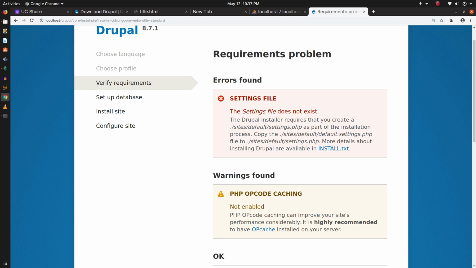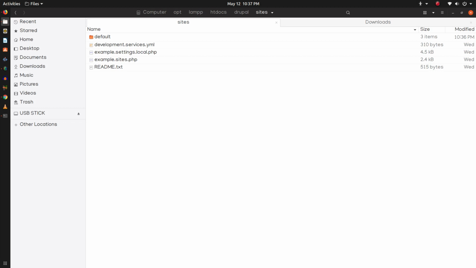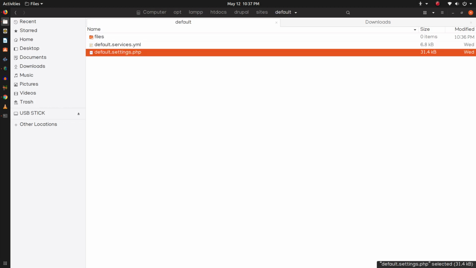Now we need to fix the settings error. The settings file does not exist. So here you can see instructions. The Drupal installer requires that you create a settings.php as part of the installation process. And you can copy from this location, sites default. Open your file manager and under Drupal we have sites default, and here you can see the default.settings.php file.